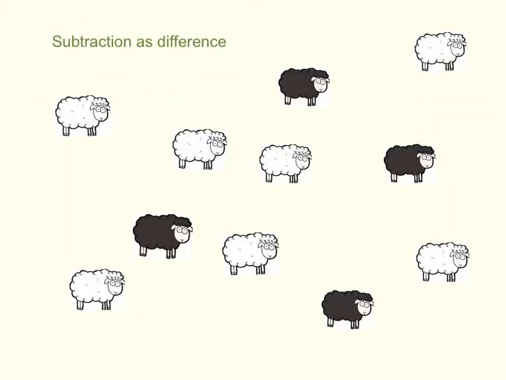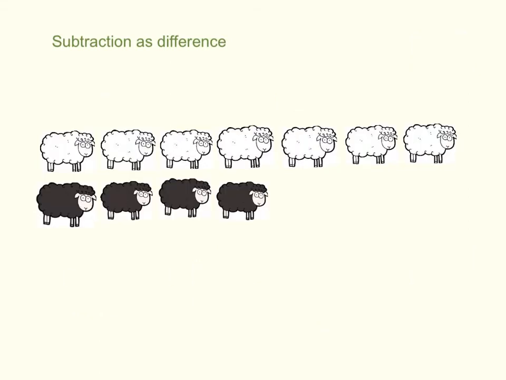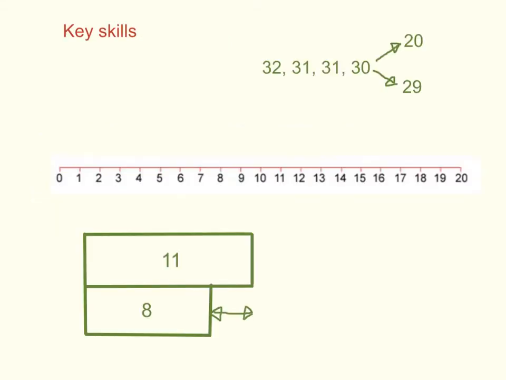To begin with, children see subtraction as taking away. Eventually, they'll need to see it as finding the difference also. To help them develop this idea, we'll give them lots of experience of comparing sets. The difference between the number of black sheep and the number of white sheep? Of course it's 3. To be able to subtract, children will need to be fluent with backwards number word sequences,